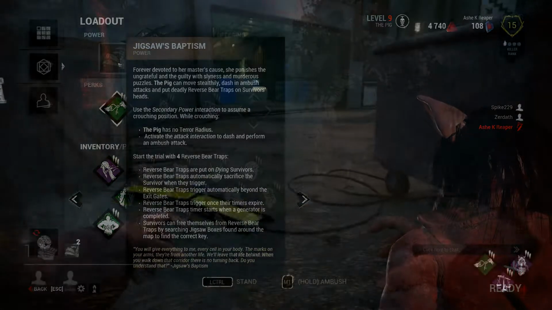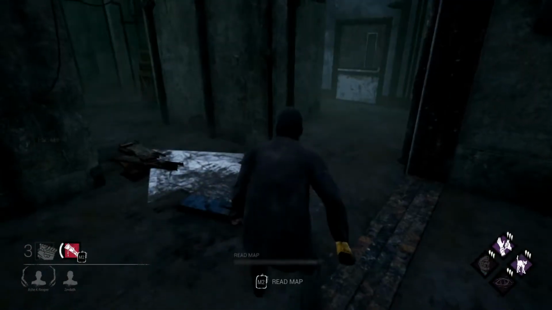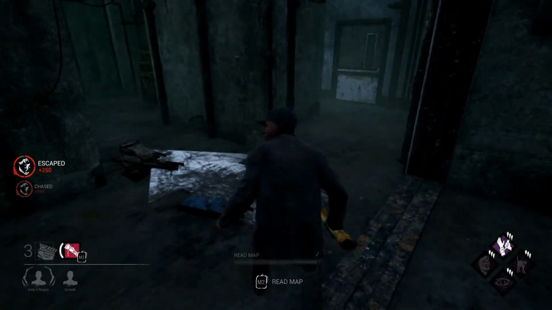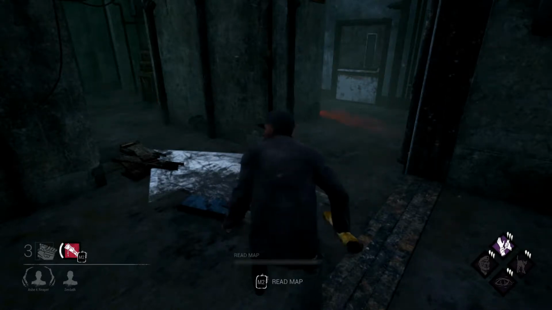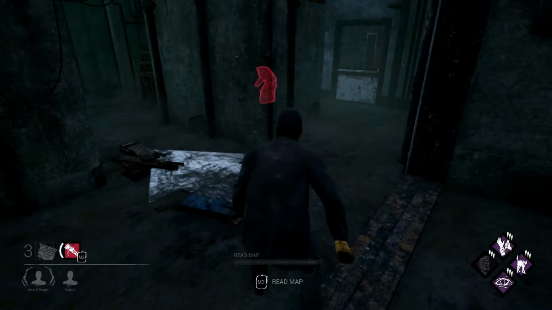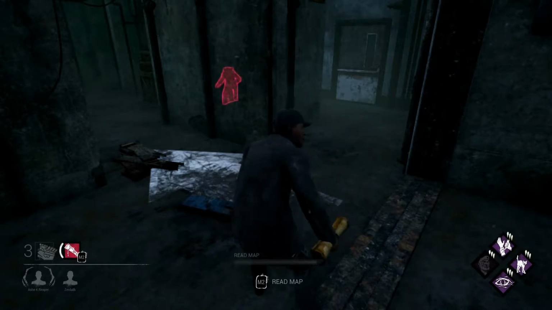When the Pig goes into stealth, she crouches to the ground and her movement speed is very slightly reduced. Unlike the Wraith, her terror radius bleeds away instead of outright dropping off, and there is no audio cue. However, if she charges her lunge or comes out of stealth, you do get the standard audio cue if you're inside her terror radius that sounds like...